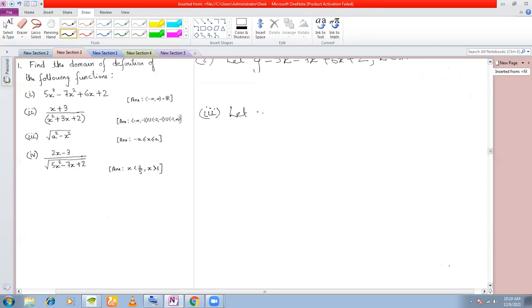We say let y is equal to the square root of (a square minus x square). Now within the square root, obviously if nothing is given, again you will assume this to be the set of real numbers. So what is the restriction here? For every value of x, will you get a real value of y? For what values of x will you not get a real value of y? Only when a square minus x square is negative, right? So for a square minus x square greater than or equal to 0, right?